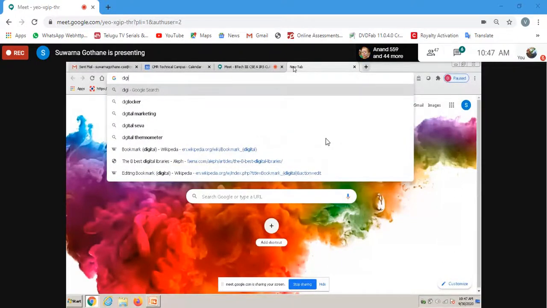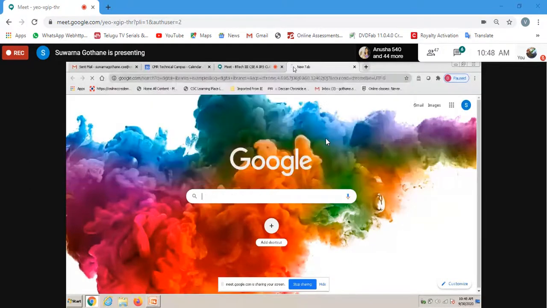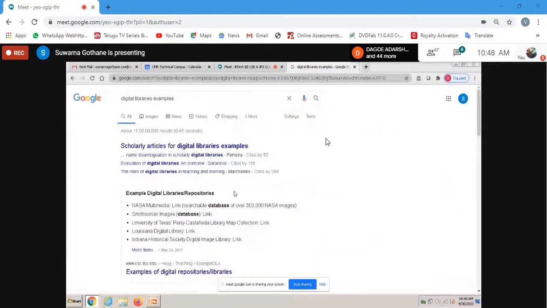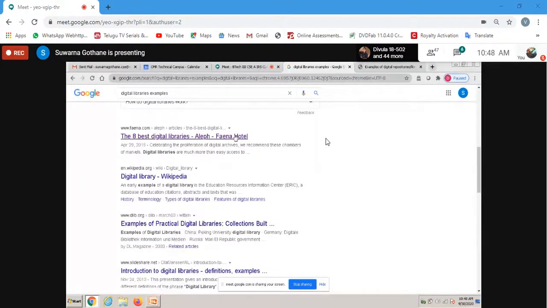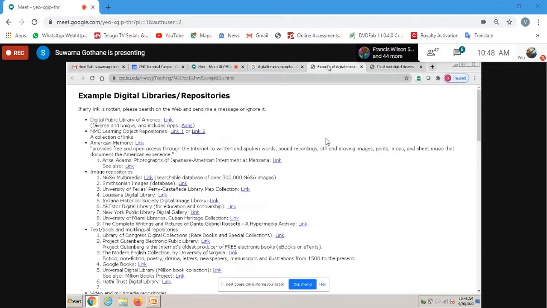Some examples of digital libraries, if you would like to know. So this ranking, we don't know on what basis they do it. Okay, here they have given the link: Digital Public Library of America.